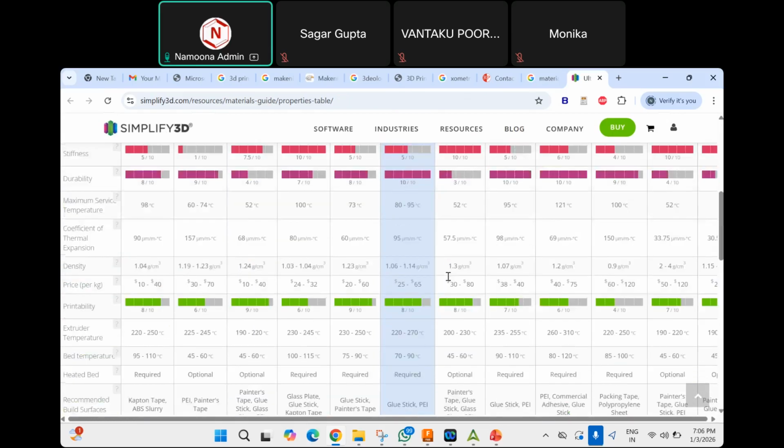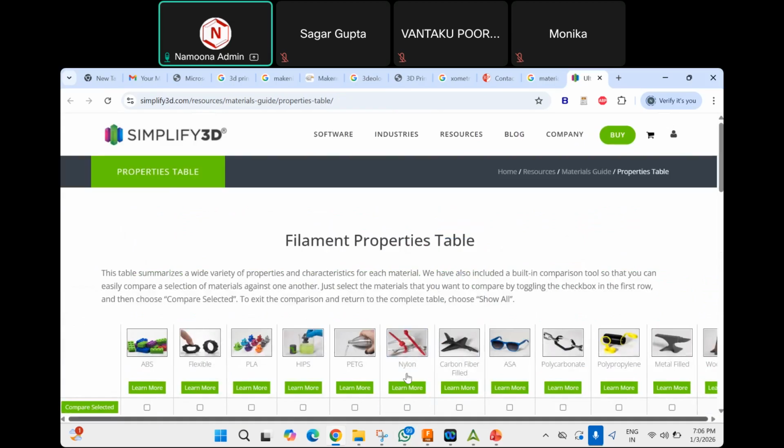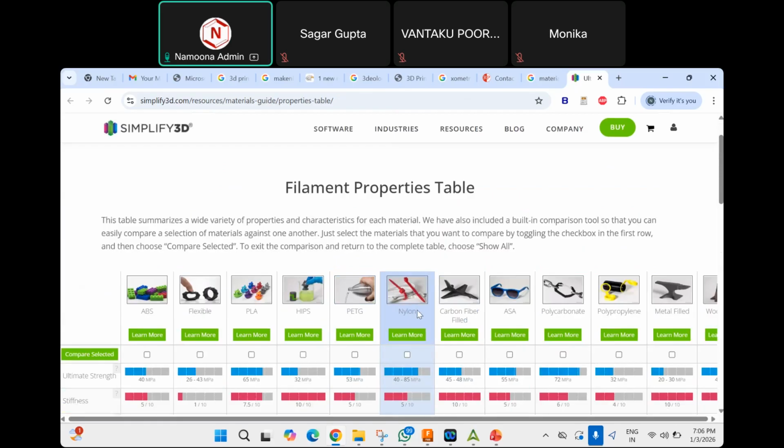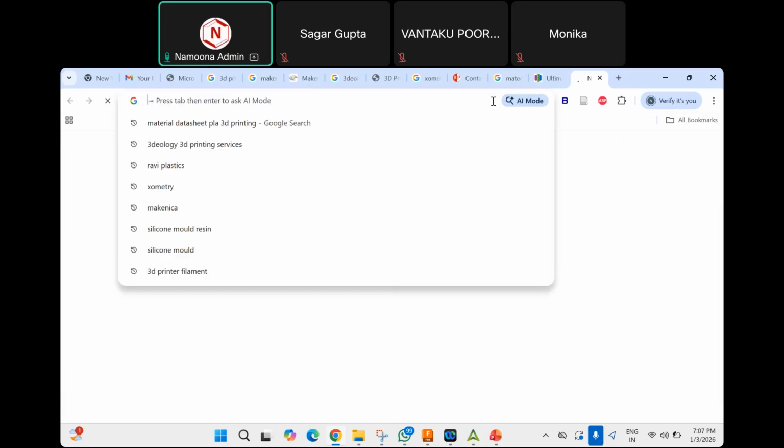There are so many materials available for 3D printing. So like this, you can also go for carbon fiber or nylon. That is not readily available on Amazon or Flipkart or something like that. But they are mainly available with 3D printing service providers, and they will be able to help you out with printing of any nylon or carbon fiber. And one more thing, one more company is there, that is called